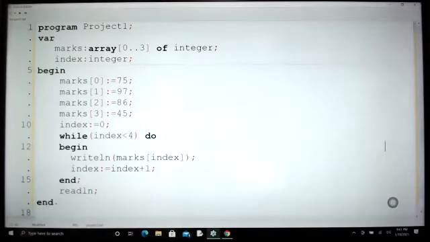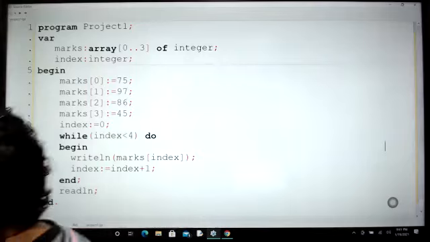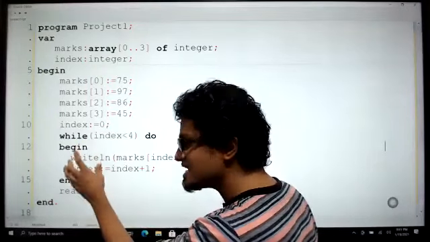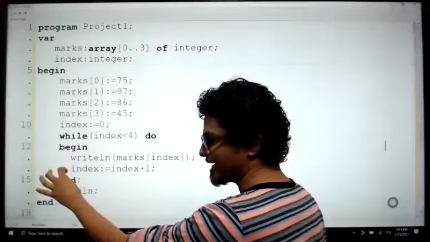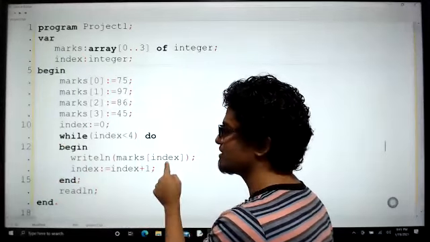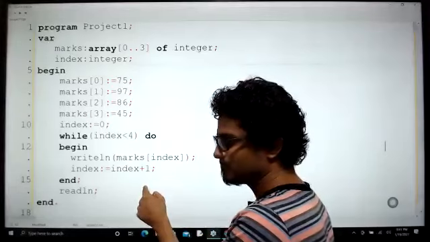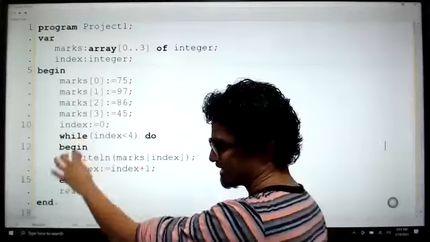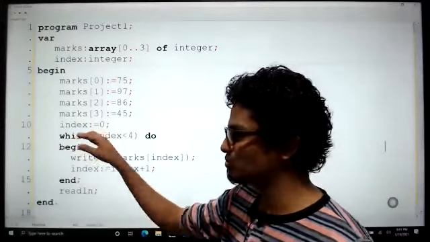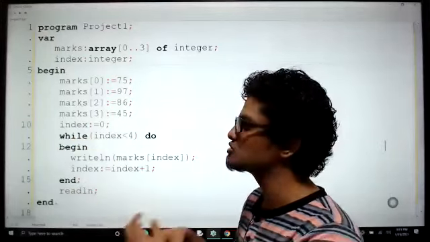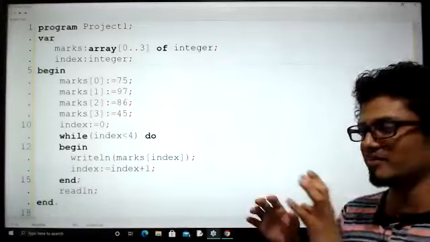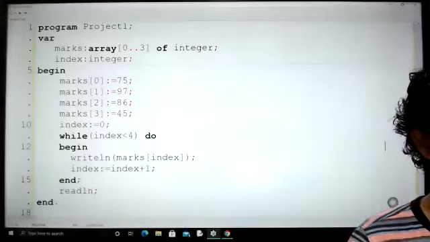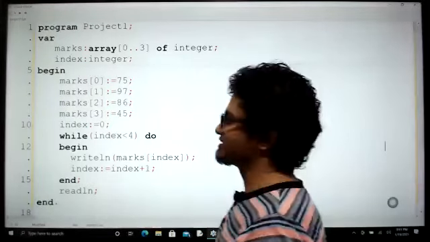Wait, I just missed the question. Is it a must to have begin and end within the program other than the main begin and end of the program, programs like this one? Okay. Here without begin and end, you can still do it. Then you should not have a semicolon until the last statement. But it will be easy if you type it like this to show where exactly the loop begins and ends. It is very clear when you type like this. Okay, fine. It's not a must to have it. Good question.